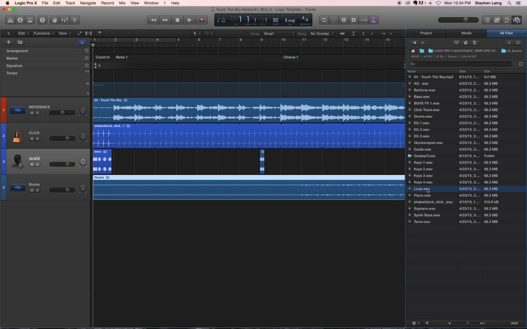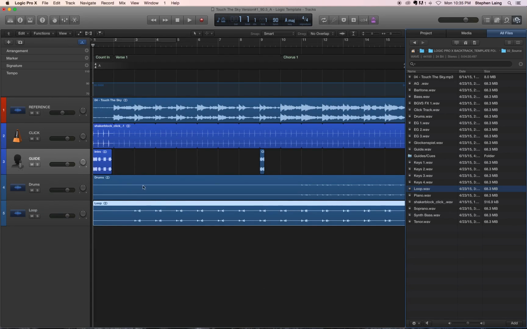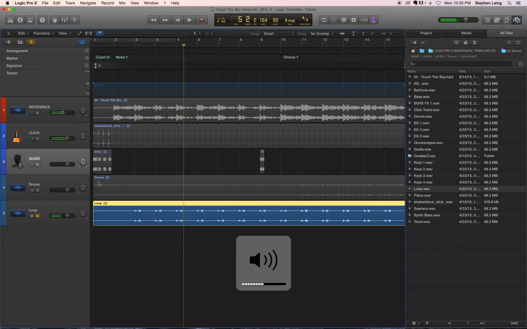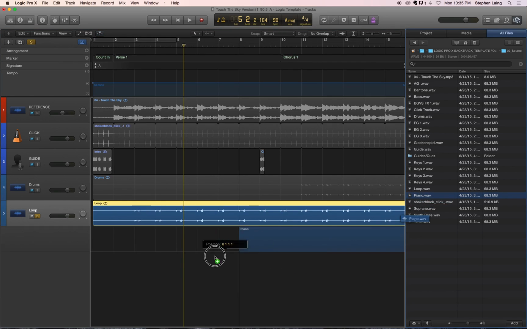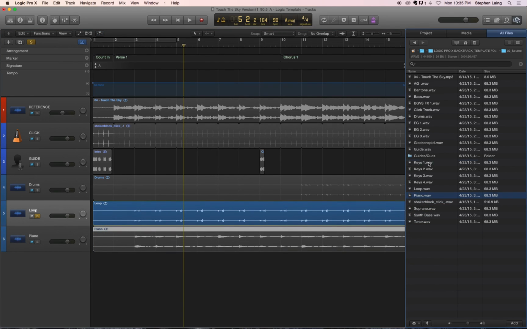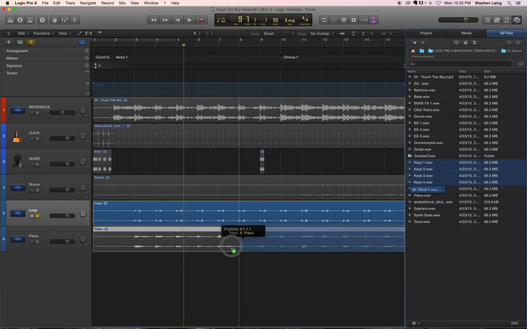So I'll bring drums and loop in together, because usually a lot of times what you'll find is if I solo this out, you'll find that generally a loop is percussive, so it makes sense to be kind of in the same area as the drums. So from there I generally like to bring in pianos or keys. So I'll bring in this piano, I'll bring in keys 1 through 4,